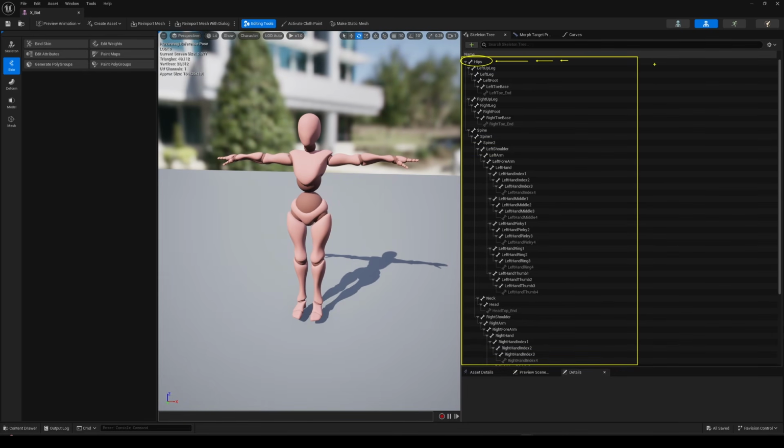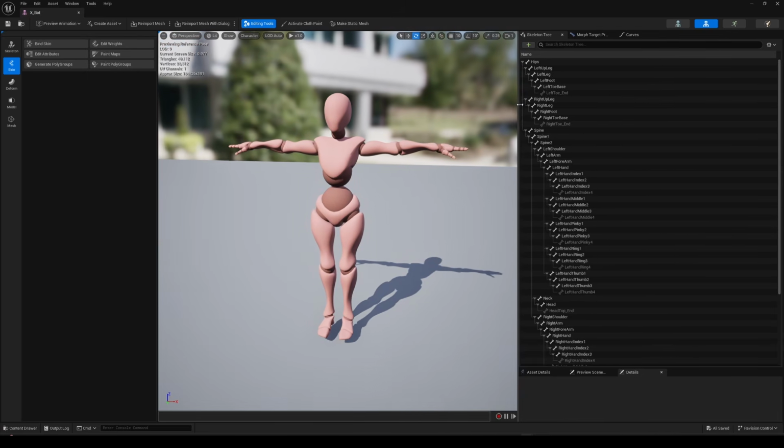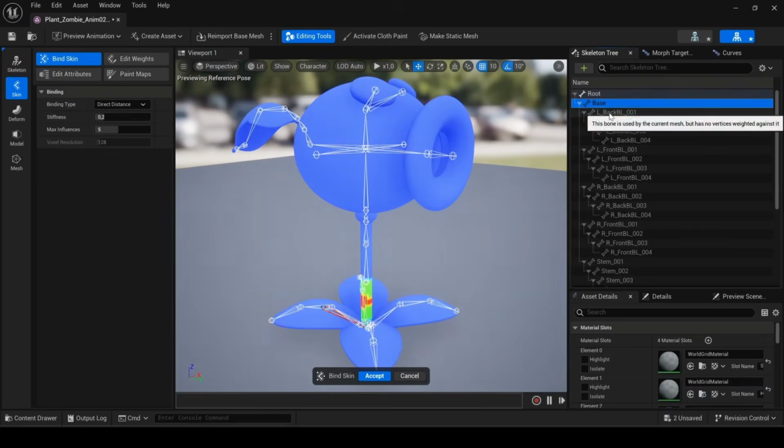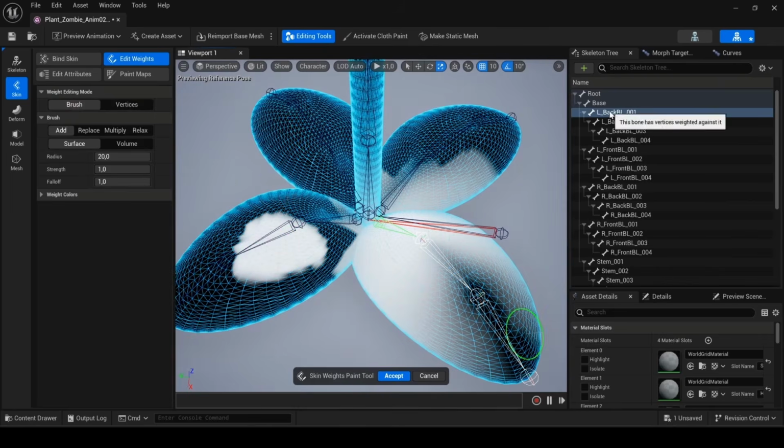bone inside. To fix this, we can now use the Skeletal Mesh Editor, available since Unreal 5.3 and now enabled by default. Thanks to this new tool, we can modify rigs, create or move joints, reparent bones, and so much more. I actually made a video where I start from a static mesh and build an entire rig using this tool. Feel free to check it out if you haven't yet. Let's fix everything here and work through the full process.